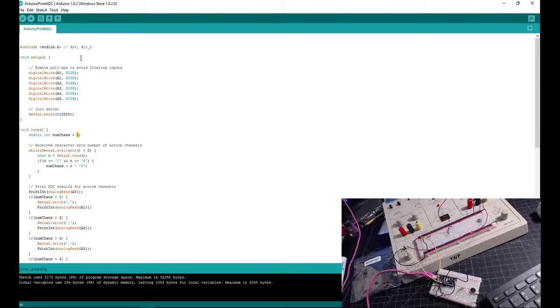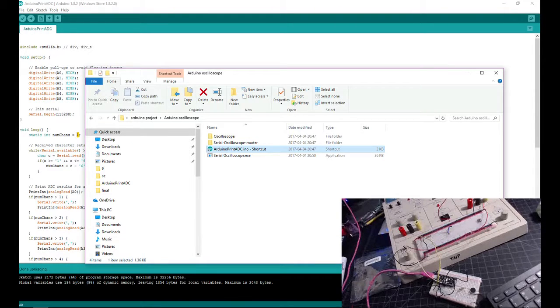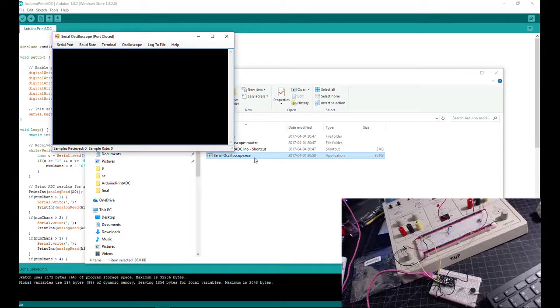Okay, now that it's done uploading, I can go ahead and open up the program that's going to run this, which is this program right here. It is a Visual Studio program, and the files of this aren't exactly open source, but it does allow me to log files to a comma separated value file. So let's go ahead and select the port,